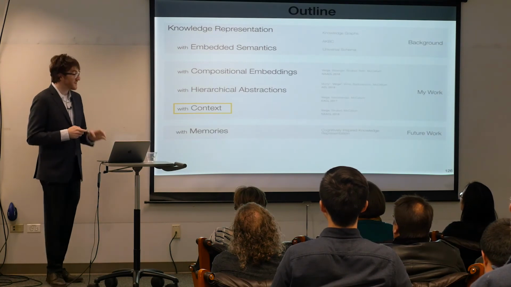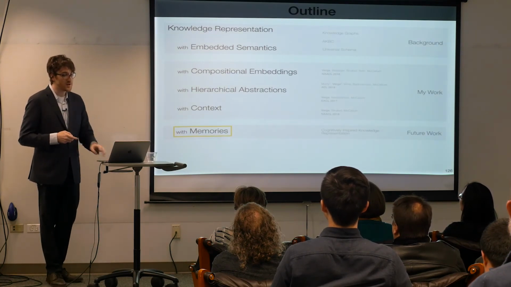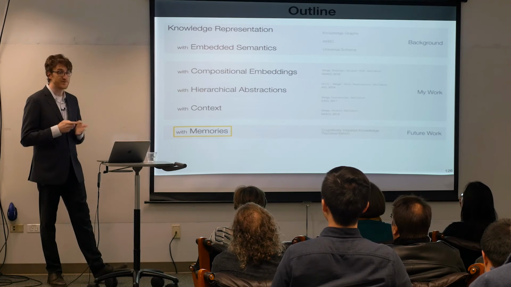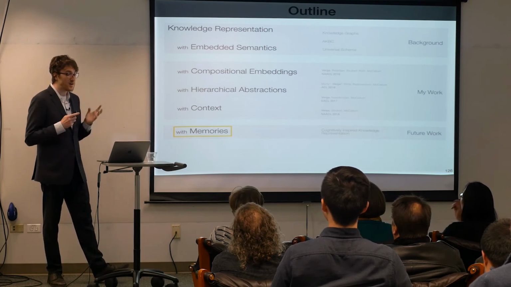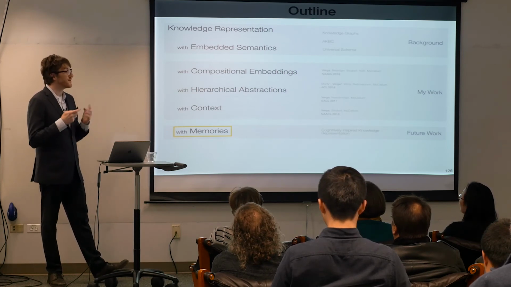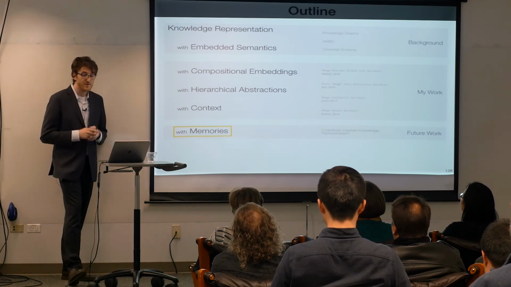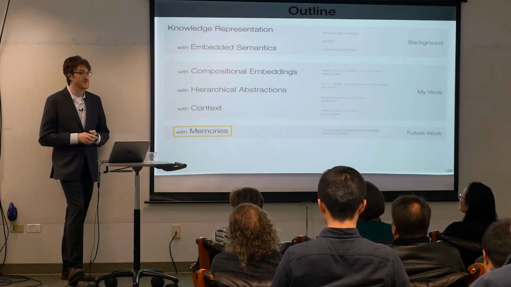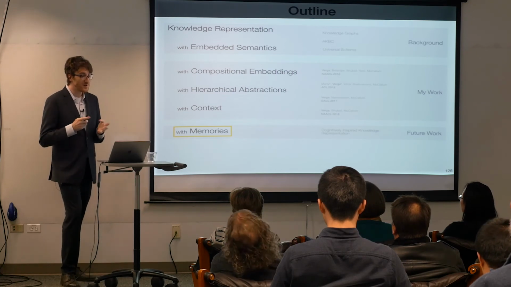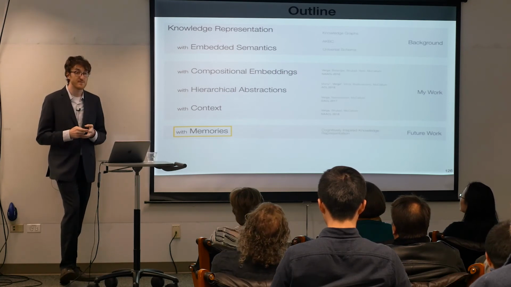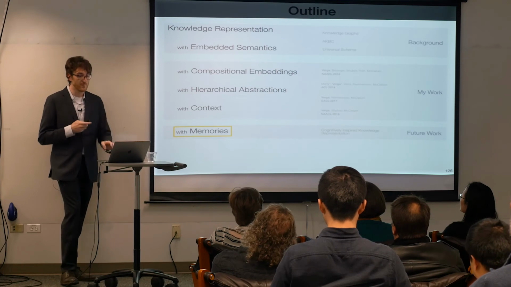And this brings me to the last part of my talk, where I want to go into a bit about some possible future directions and how we can take some of the ideas that we've talked about even further in the future. And I think a main theme of the future work here is how we can better represent knowledge in context. And I think a place that makes a lot of sense to take inspiration from is actually by looking at what we know about human memory.